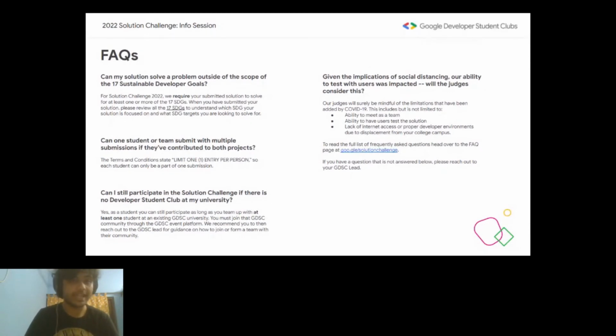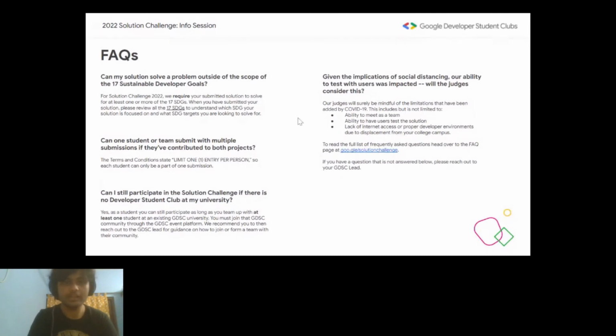As I said before, the aim of the solution challenge is to address one or more United Nations Sustainable Development Goals. So, addressing one of these SDGs is a compulsory requirement for participating. Instead of having a particular problem statement, it's open ended, but this is one requirement that needs to be